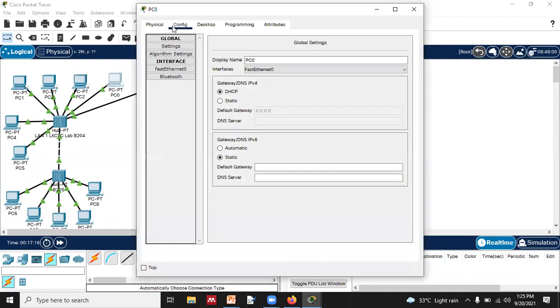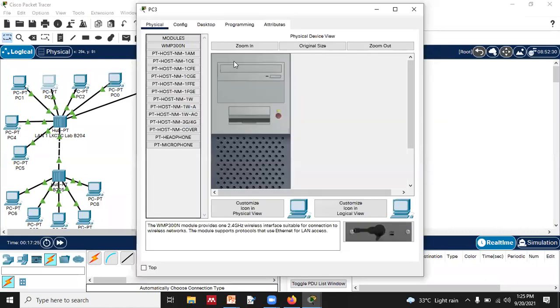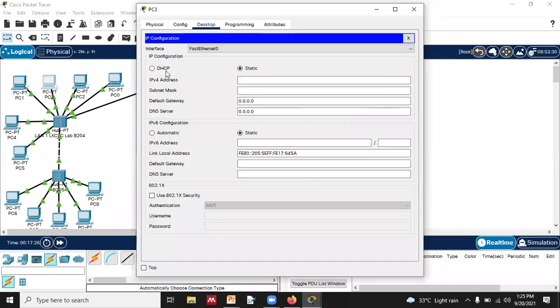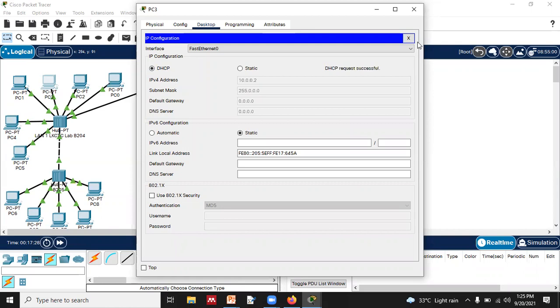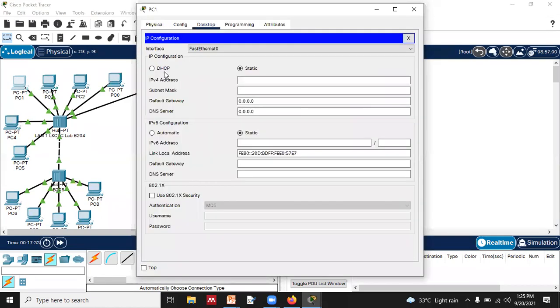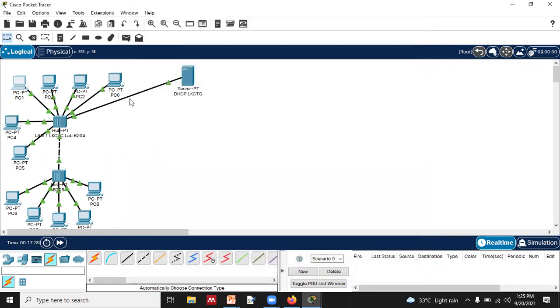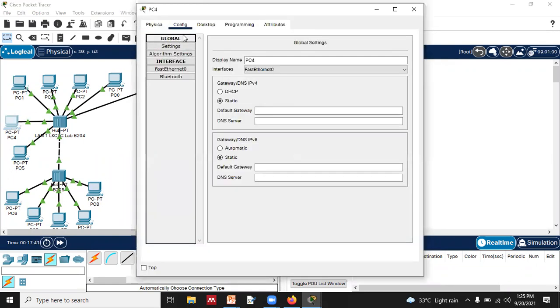And once that is done, you will see that IP addresses will be allotted automatically to all the devices. There is no need to do that manually. Only I have to turn on that service. You can see automatically IP address is allotted to all the devices, right?